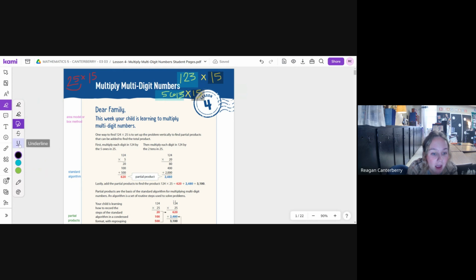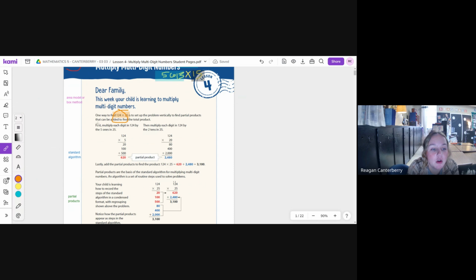So I'm going to show you an example today with this problem that they have on the screen, which is right here. I'm going to circle in orange, 124 times 25, right here. All right, so the first strategy I'm going to go over is area model, just in case you've not seen it before or don't understand it, because this is the way most of your children will choose to do it, or at least that's what I noticed they were choosing to do in class. So for all of these strategies, I'm going to use 124